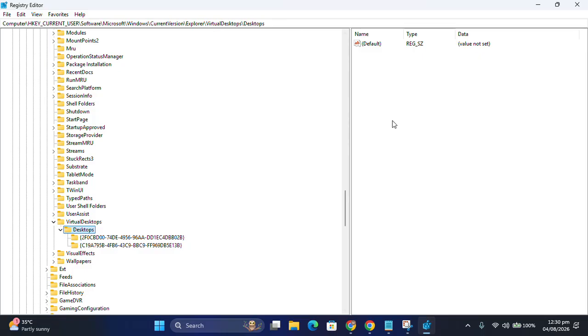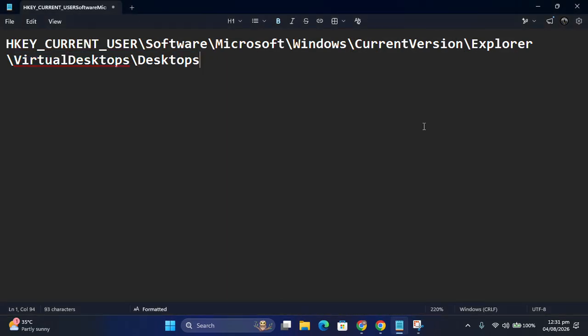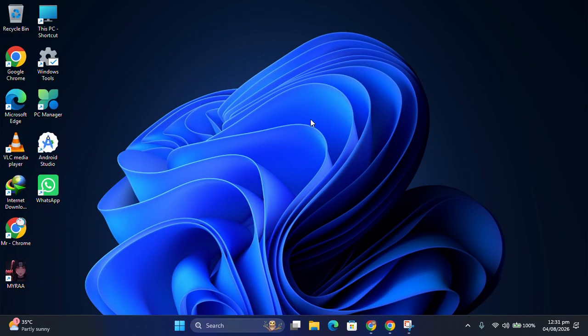Now once you are in Desktops, you might see this type of interface and you might also see the virtual desktop. In the virtual desktop, you might see the wallpaper here. You just have to right click on it and click Delete. Once you have deleted your wallpaper from both virtual desktops, after doing this, you can set it by using the